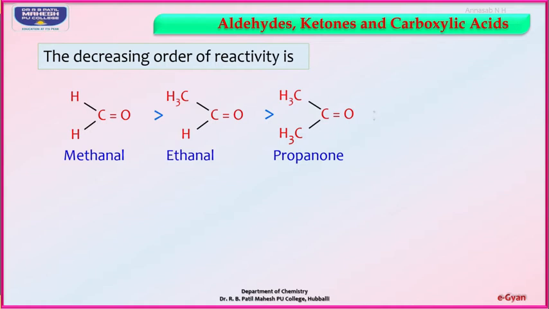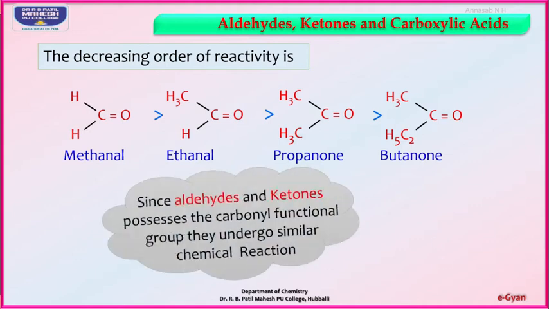Also, this can show greater reactivity compared to another substituted compound, that is CH3 as it is, but instead of the second CH3, now it is C2H5. Number of carbon atoms are more compared to the previous compound, hence the reactivity is going to decrease. Name of the compound is butanone. 1, 2, 3, 4. So total number of carbon atoms are 4. Butanone.